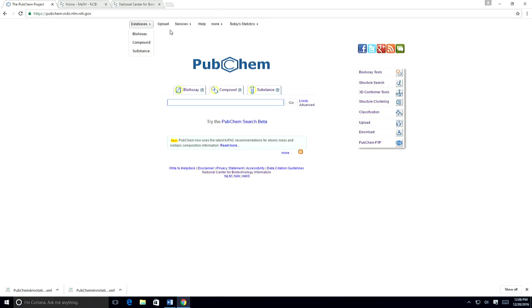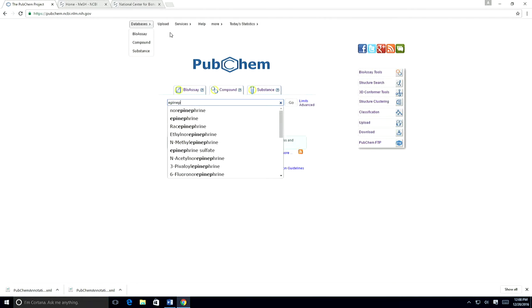Okay, let's look into text-based searches within PubChem. PubChem uses the Entrez search system, which actually connects to multiple databases within the National Library of Medicine. And I want to do a text search for epinephrine. So I start to type in epinephrine, and we have autocomplete here, and I can just simply scroll down and